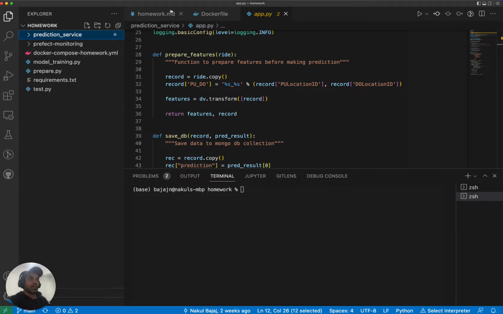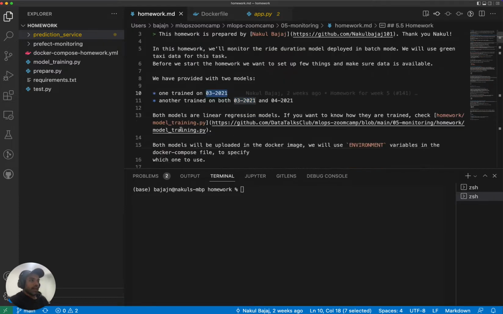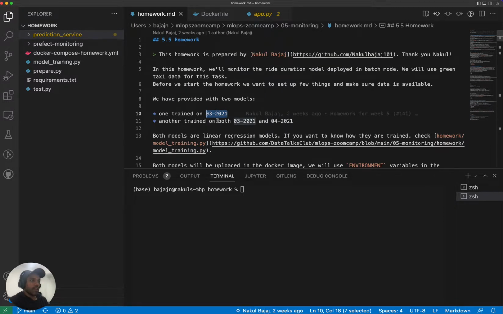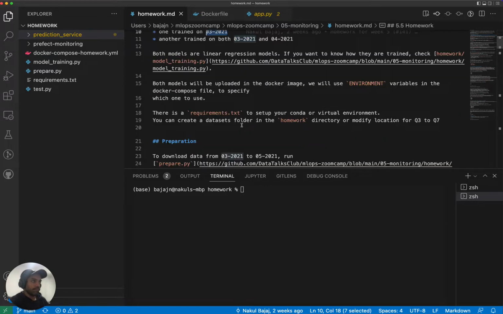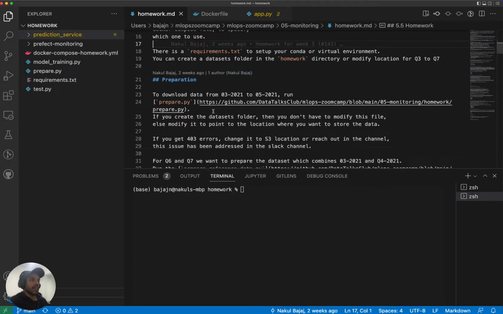Okay, so let's go back to the homework. We wanted to make sure that we do some preparation and that data is available. The preparation says we need to download data for all the 3 months. For that, we will run the prepare.py file. So let's do that. However,